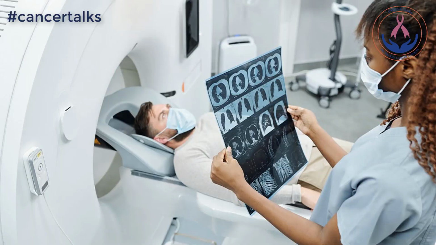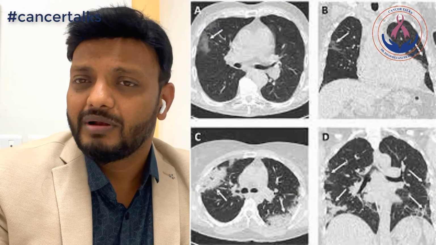In chronic smokers, those who have been smoking 20-25 cigarettes per day for the last 15-20 years, we ask them to go for a low dose CT scan to diagnose undetected or very small nodules, or early stage lung carcinoma. For colorectal cancers, especially after 40-45 years of age, we ask them to go for